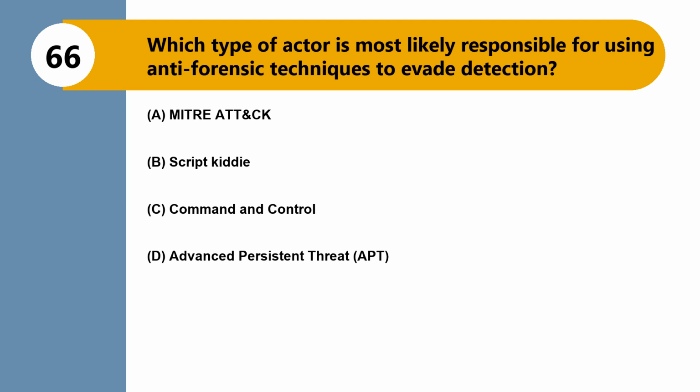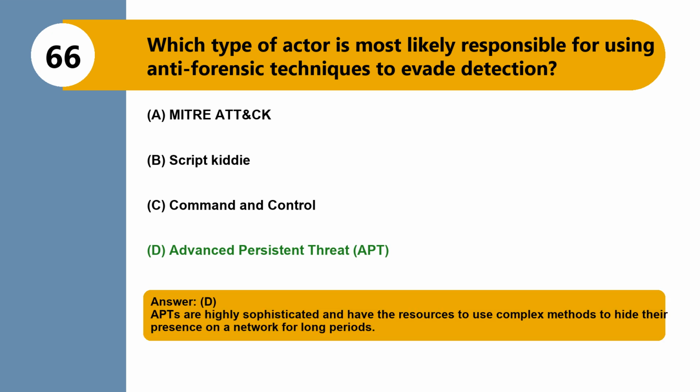Question 66. Which type of actor is most likely responsible for using anti-forensic techniques to evade detection? Option A, MITRE ATT&CK. Option B, script kiddie. Option C, command and control. Option D, advanced persistent threat, APT. The correct answer is option D, advanced persistent threat, APT. APTs are highly sophisticated and have the resources to use complex methods to hide their presence on a network for